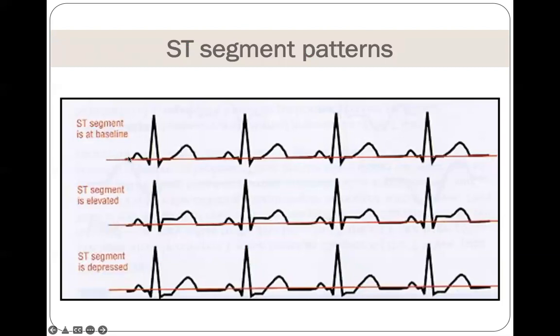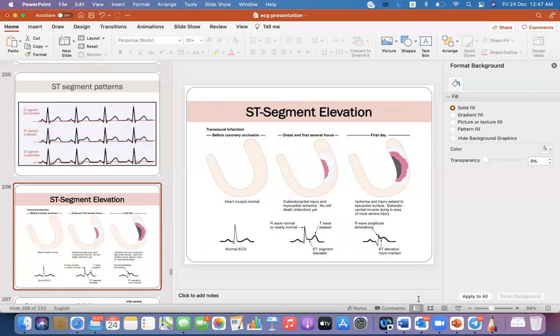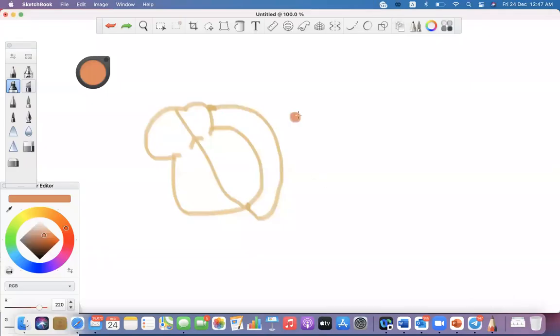Normally, the ST segment is horizontal at the baseline, it's isoelectric, but sometimes in certain pathologies, the ST segment may be elevated above the isoelectric line. We call it ST segment elevation. And in some pathologies, it will be depressed below the isoelectric baseline, and it is called ST segment depression. Let's start with ST segment elevation. In order to understand why myocardial infarction produces ST segment elevation, what we call STEMI, ST segment elevation myocardial infarction,